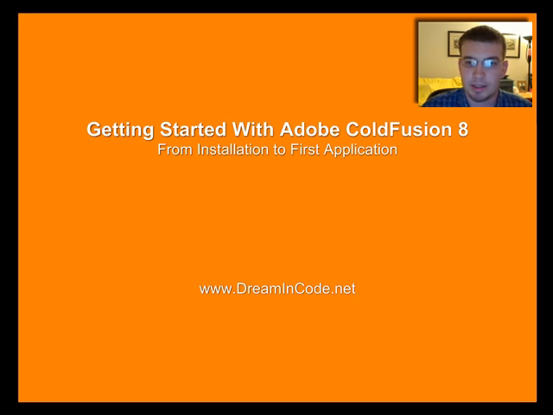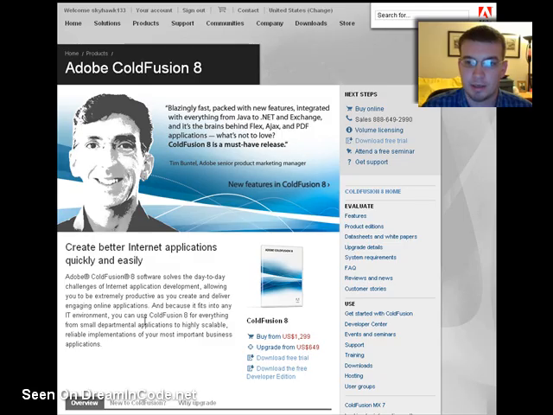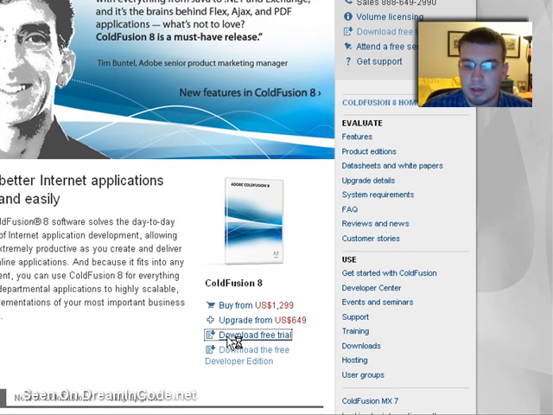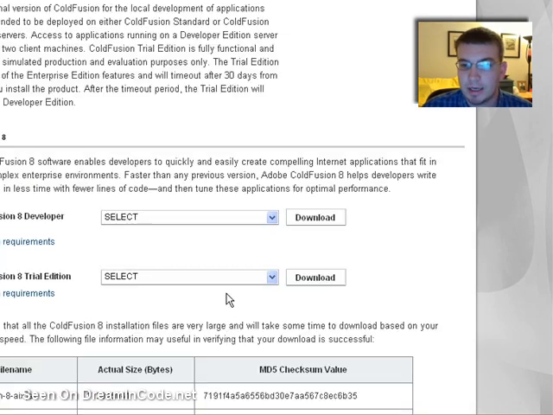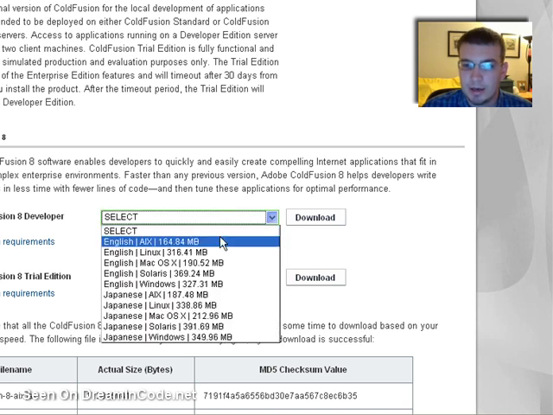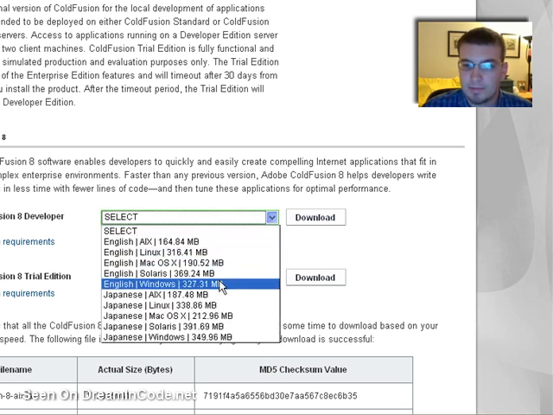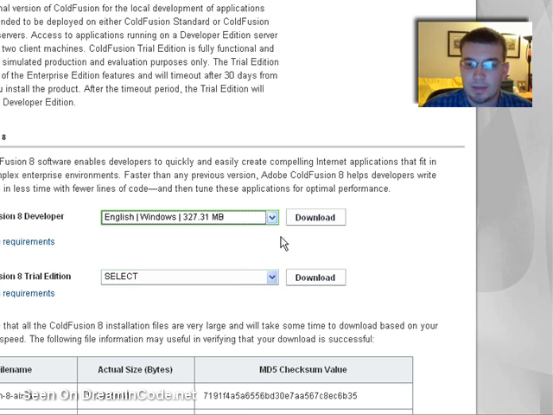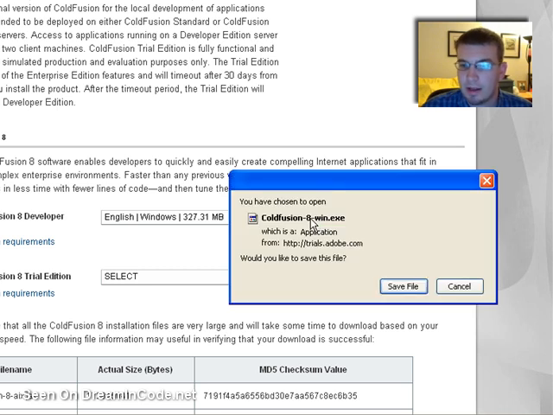Today I'm going to show you how to install and configure your first web application. The first thing you'll want to do is go to adobe.com and download a free trial. The free trial is available for various platforms including Windows, Linux, Sun, and Mac OS X. We're going to do Windows today, and it's about a 330 meg download. It takes about 30 minutes on a broadband connection, so we'll skip that part here and we'll jump right into